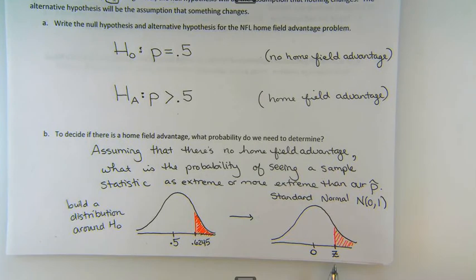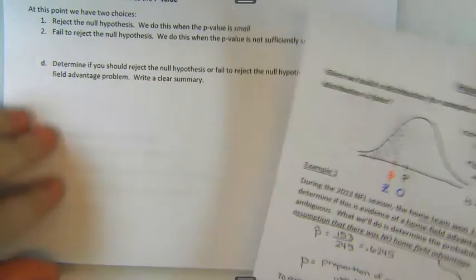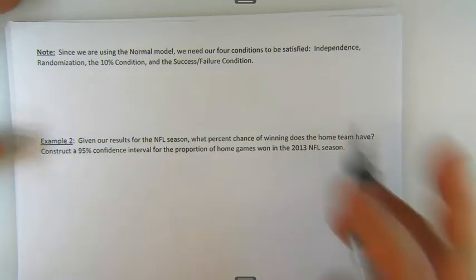So what we want to do is find this z-score. Where is our z-score landing in terms of our distribution? However, since we're using our normal curve here, we need to make sure that our samples would behave this way, that we would have this normally distributed curve. In order to check that, we need to make sure we pass those conditions that we had for a sampling distribution of proportions. So what we'll need to do is check those conditions that we talked about, and actually